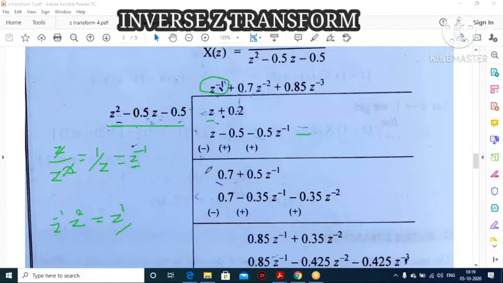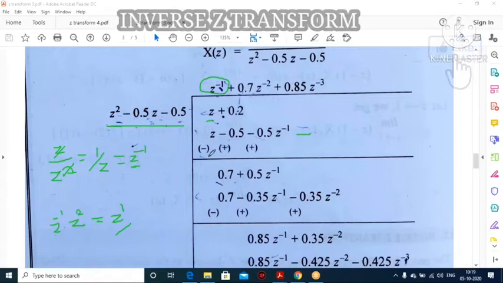Next thing is second step will be change the sign here, right? Because here you have get plus sign, no? So now it became minus. So here you have minus, so I change it into plus. So here you have minus, here I change it into plus. Okay. Now subtract these two, right? See, z minus z, so first term will be cancelled out. So second term 0.2 plus 0.5, it becomes 0.7. Next plus 0.5 z inverse. Now this is your second.